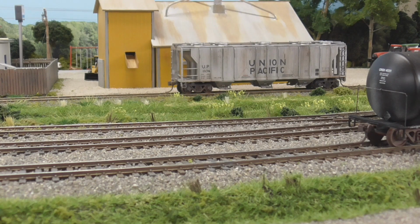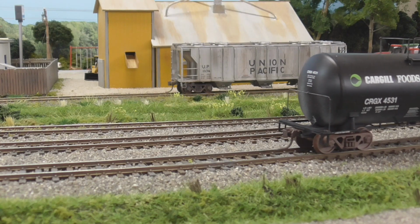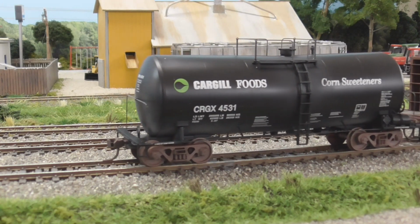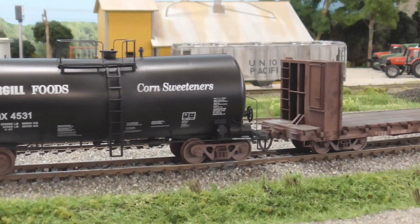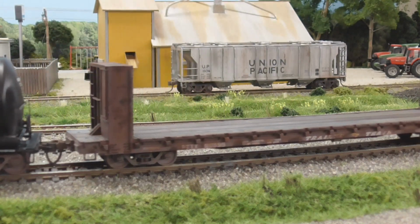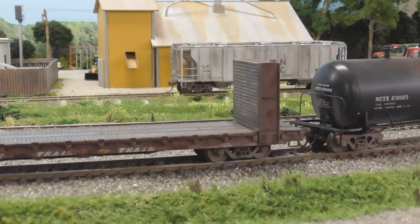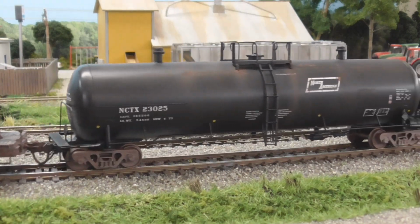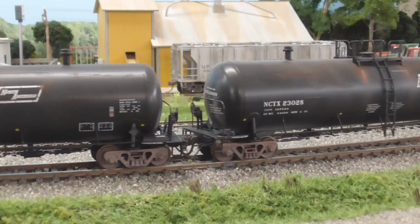Been working on some rolling stock. I like to check all my couplers, check all my wheels, weight, change the numbers on some cars before they ever go on the layout. So I've been working on these and I really like them weathered up before they ever hit the tracks. So I've been weathering some cars, and here's a small string that I've gotten weathered